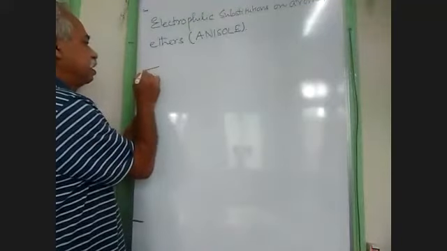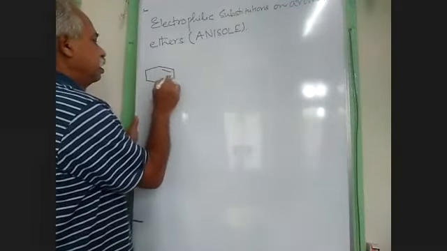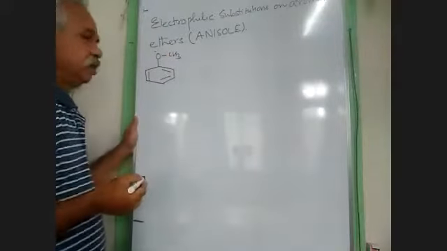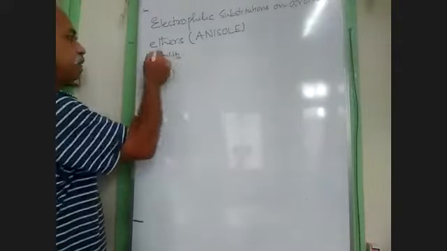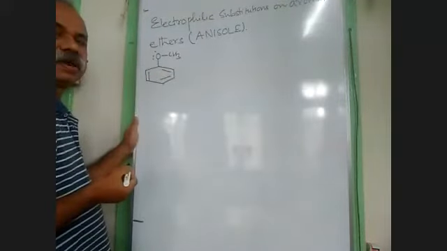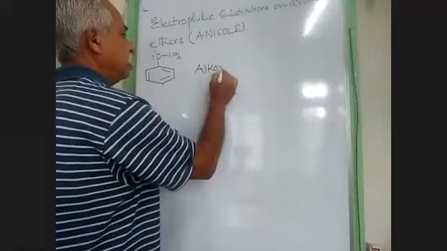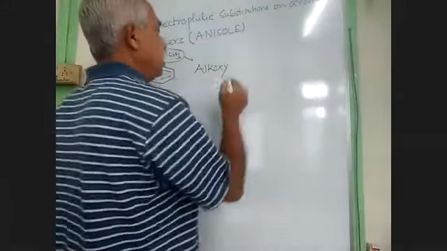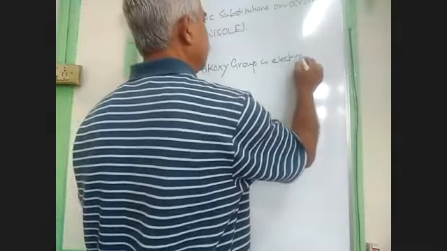Now see here. This is anisole. Oxygen is electron rich and it is being assisted by another electron donating group like alkyl. So they push the electron inside the aromatic ring. So what will we write now? This group is called alkoxy. Alkoxy group is electron rich and